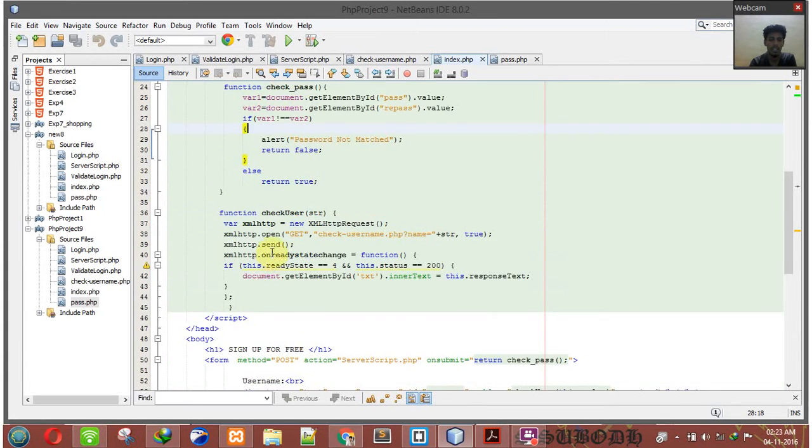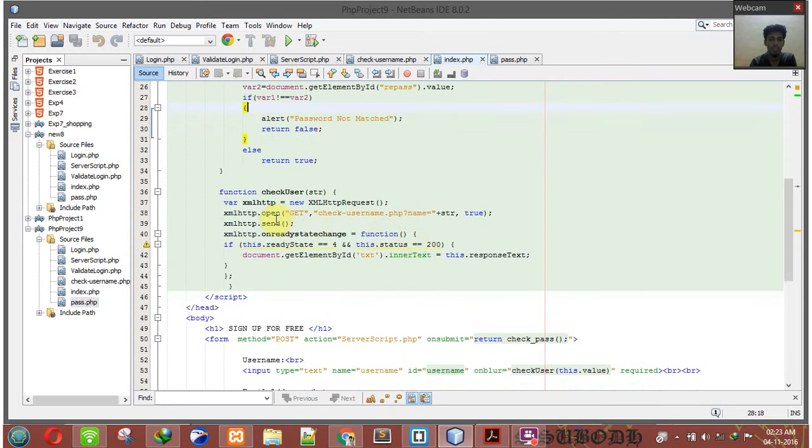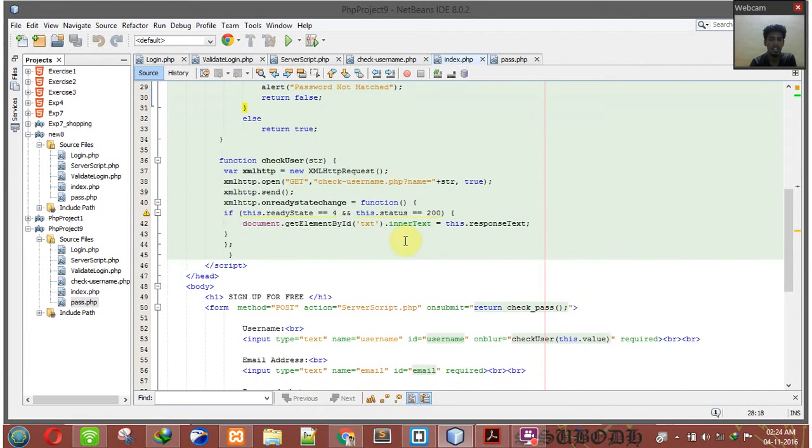Then we have a function checkuser. In that we use XMLHttpRequest open with GET to check the username, and we call XMLHttp send. On ready state change we call a function. If the ready state is 4 and the status is 200, which is the syntax,